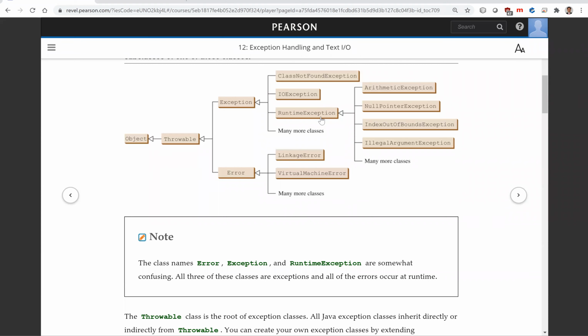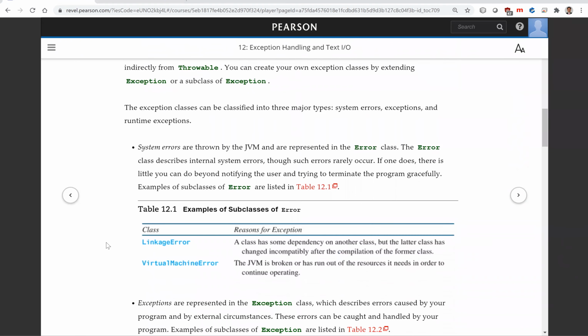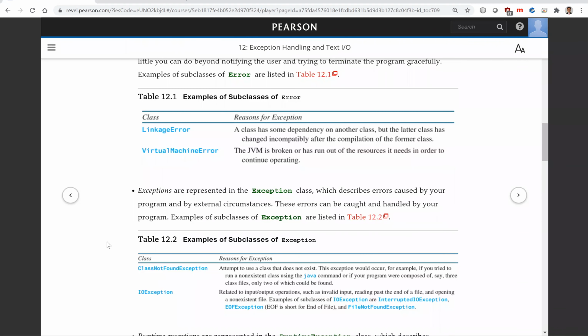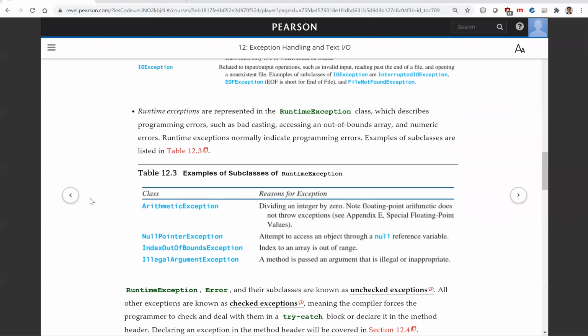Now, runtime exception, it's right here. And this is a lot of things, runtime exception, we'll talk about it. And you can see IO exception, class not found exception. All right, so let's look at the table right here, the arithmetic exception here. So runtime exception represents